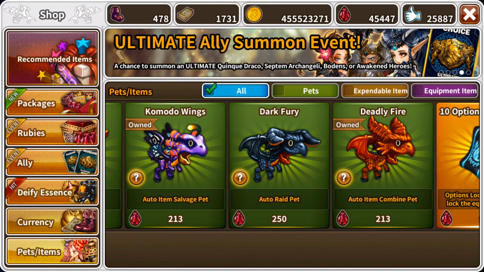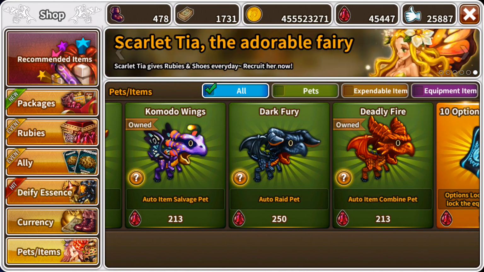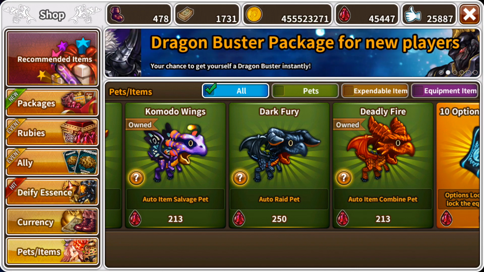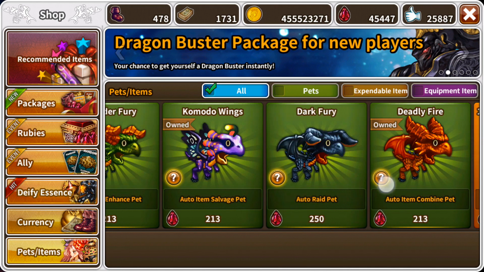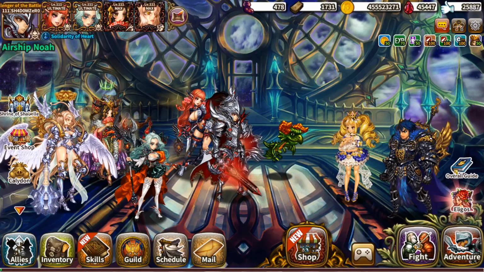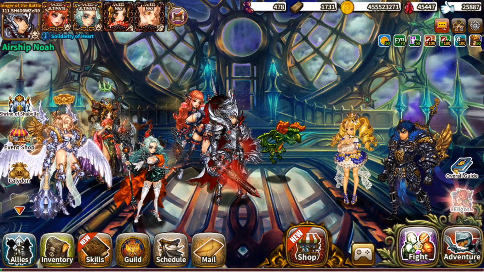Now the Dark Fury is optional, especially if you want to do raids. Let's say you want to farm a good amount of raid essences so you can get better equipment, or you can try to get the right equipment with the right stats. Dark Fury is also advised, but if you're gonna emphasize a lot on your farming when it comes to dungeons only, or if you're trying to get essences and stuff, having these three are very important. Now, to get them for free, you need to do Tower Validation